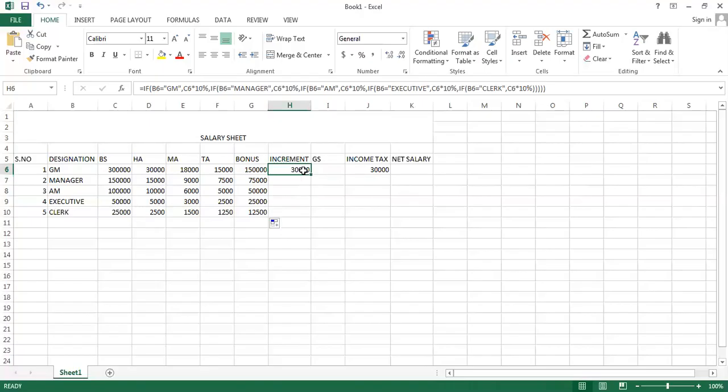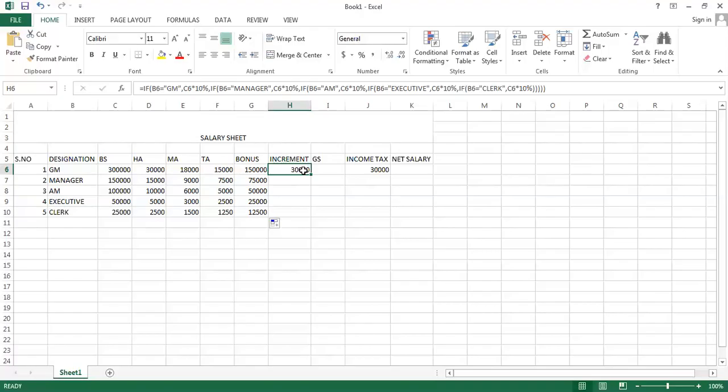So if I talk about the increment, now the increment is actually given after one annual year in most of the organizations. Normally, the months start from June to June. So in July, most of the employees get an increment in their salaries.